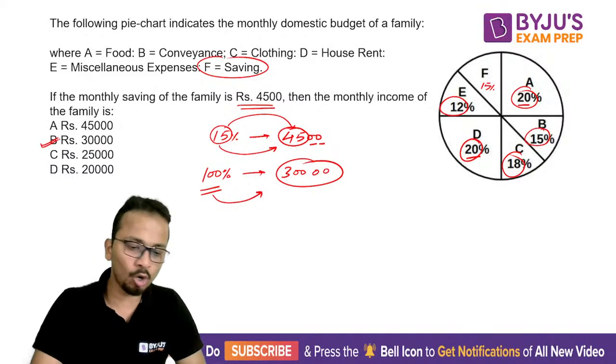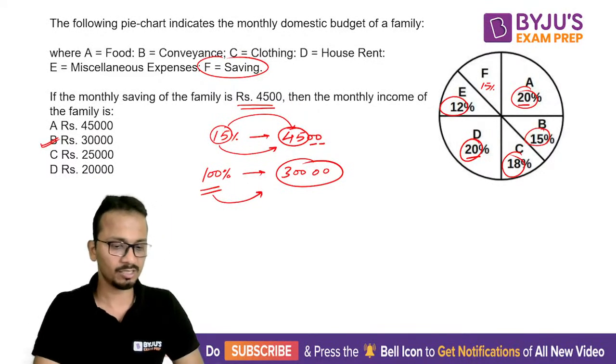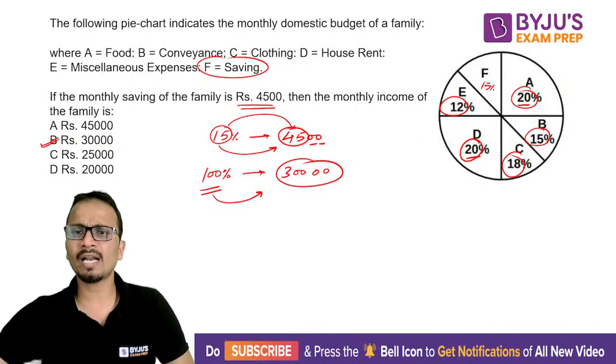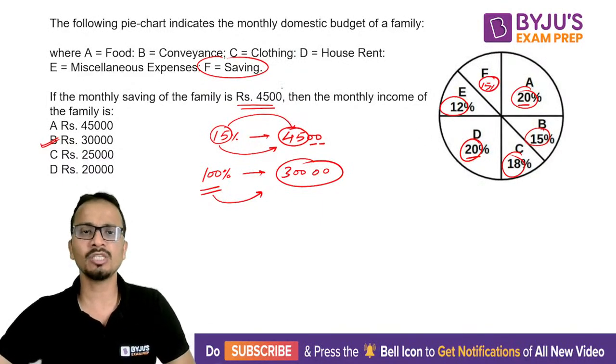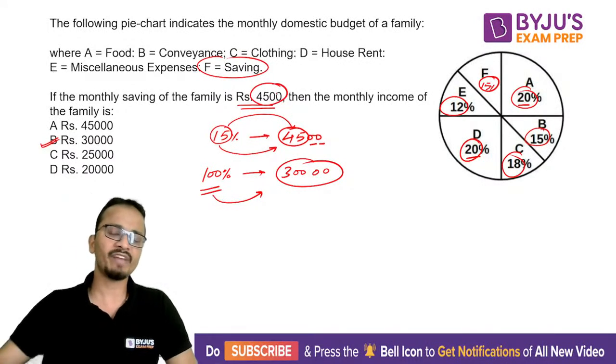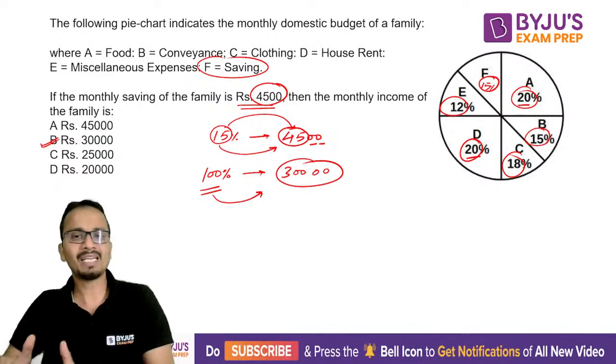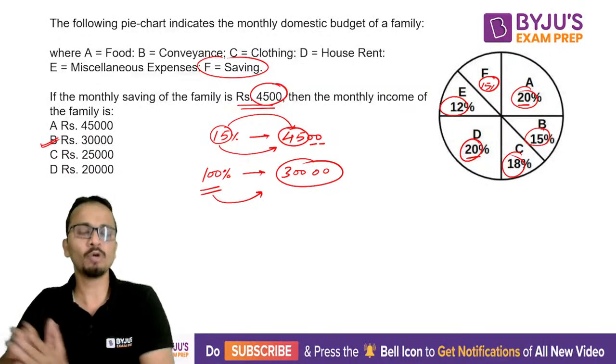And once again, all of you have given a perfect answer. All right, so friends, this is how you can save time. Once you have calculated this as 15%, so 15% corresponds to 4,500. They're asking about 100%, so 100% will be multiply by 3, 100 into 3, put double zero.